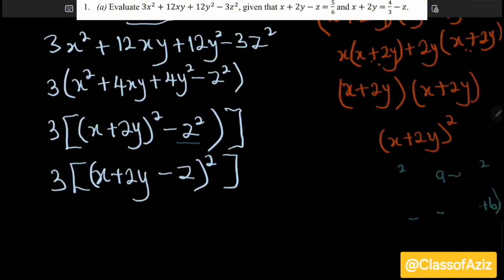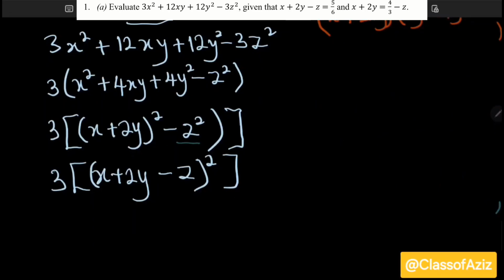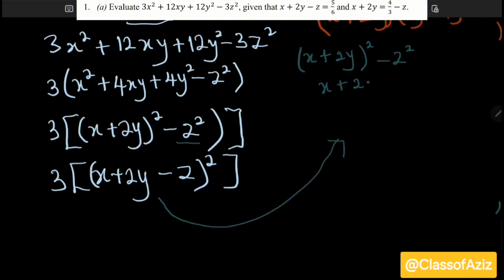Because let me explain it further again for you to understand what I was trying to say. So this, let me explain this to you. This was gotten because we say that x plus 2y, okay, squared minus z squared, right, is the same as x plus 2y minus z all squared, using the idea